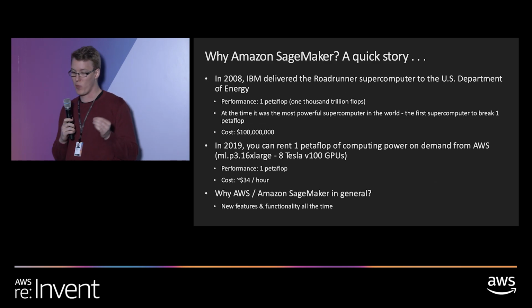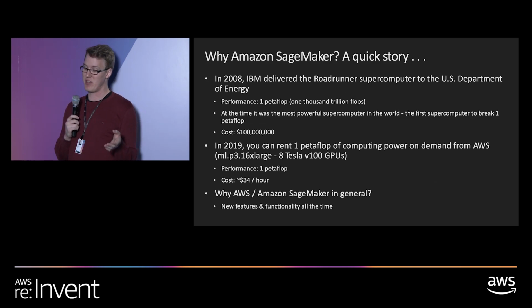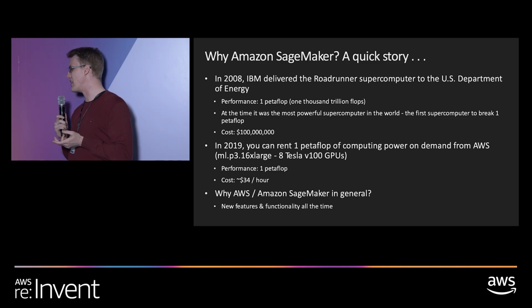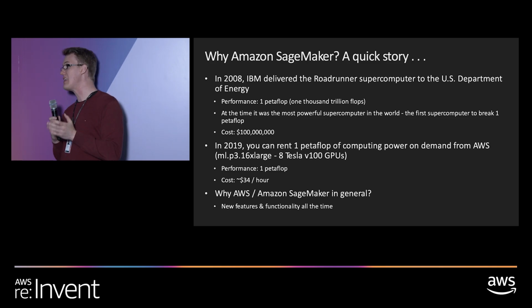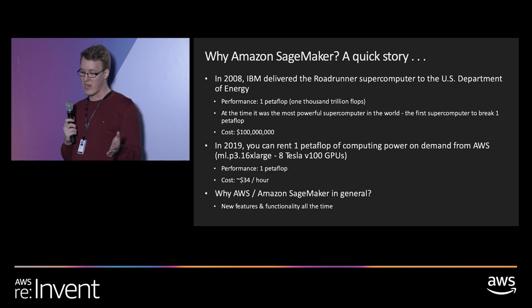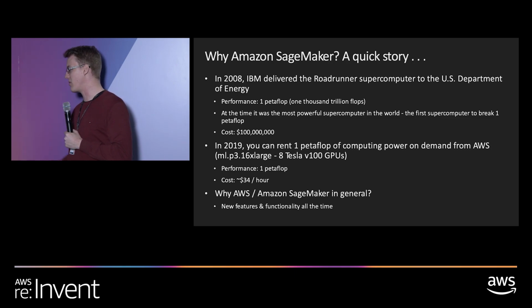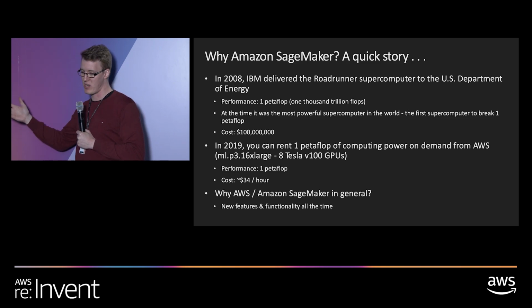Quick fun fact. In 2008, IBM delivered the Roadrunner supercomputer to the US Department of Energy. This supercomputer was for something like modeling the decay of the US nuclear arsenal. The cool part is the performance of this supercomputer was 1 petaflop. And at the time, it was the most powerful supercomputer in the world, the first to break 1 petaflop of sustained compute performance. Fast forward to 2019, you can rent 1 petaflop of computing performance, specifically the ml.p3.16xlarge, 8 Tesla V100 GPUs. 1 petaflop of computing performance